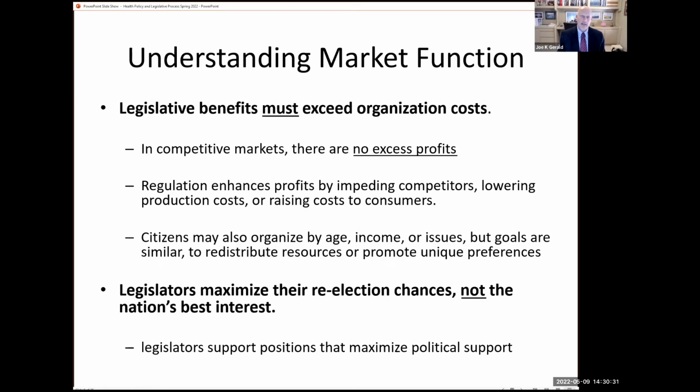And one of the things to recognize is that in the United States, we have a market economy. And in competitive markets, there are no excess profits. And so when an industry is competitive, the return to capital is around 3 to 5% per year. And if you look at industry average profits in the United States across all industries, it's in the range of about 4 to 5%, right? But some industries, for example in healthcare, the pharmaceutical industry, have average profits of 17%, or 3 times what is typical.